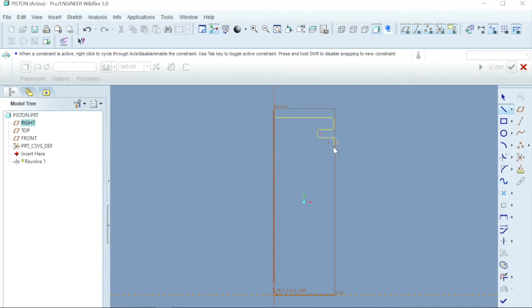We need to make this line equal, means the length of this vertical line should be equal to this vertical line. So just LL it is showing, means this line will be equal to that one. Whenever I enter the dimension, then automatically both will be adjusted. And this horizontal line should be equal to all horizontal lines. This one, this one, this one. So now these are your three rings, first, second and third. Three rings we have created.